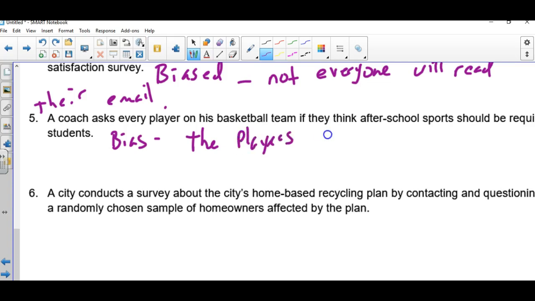They already play after-school sports, so clearly they're in favor of after-school sports. Next, those basketball players don't represent the student population. They also don't represent